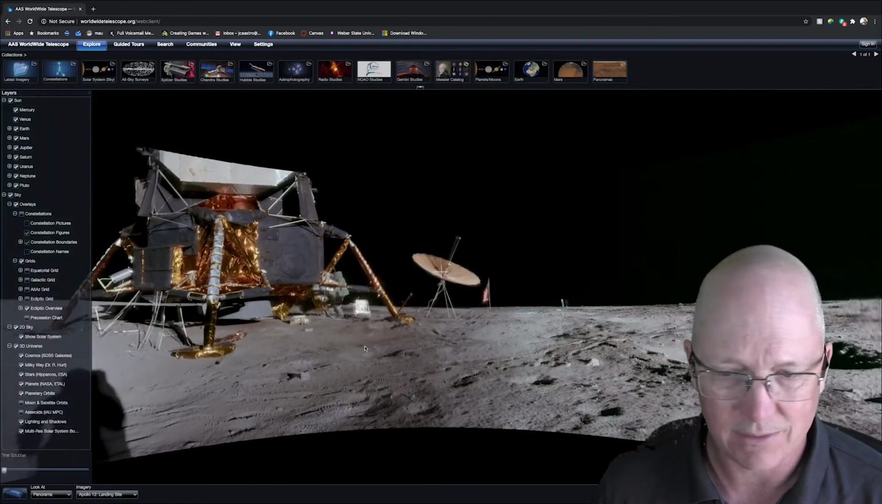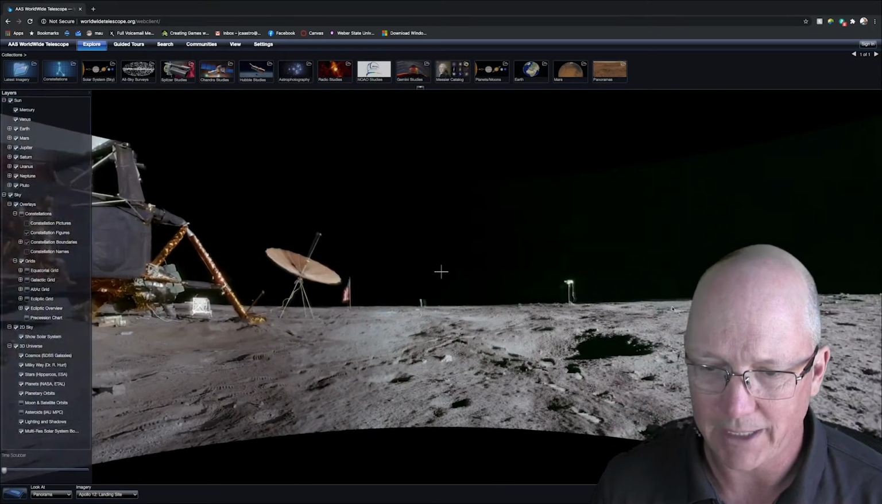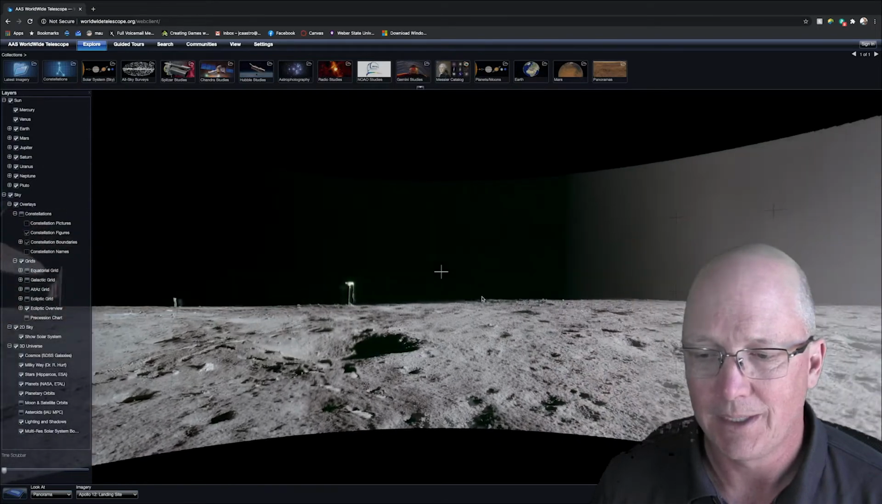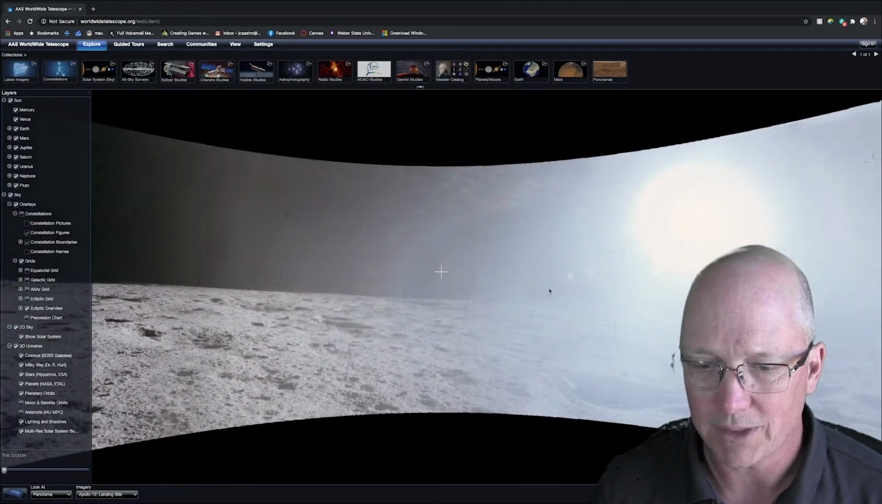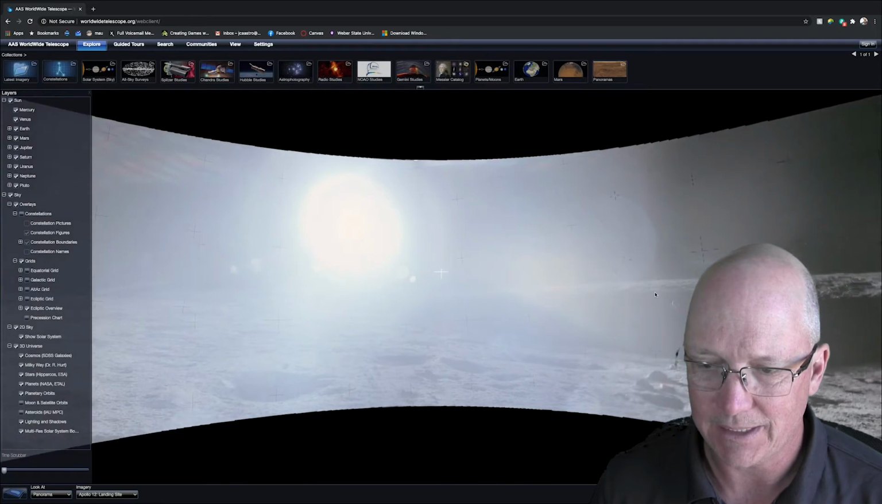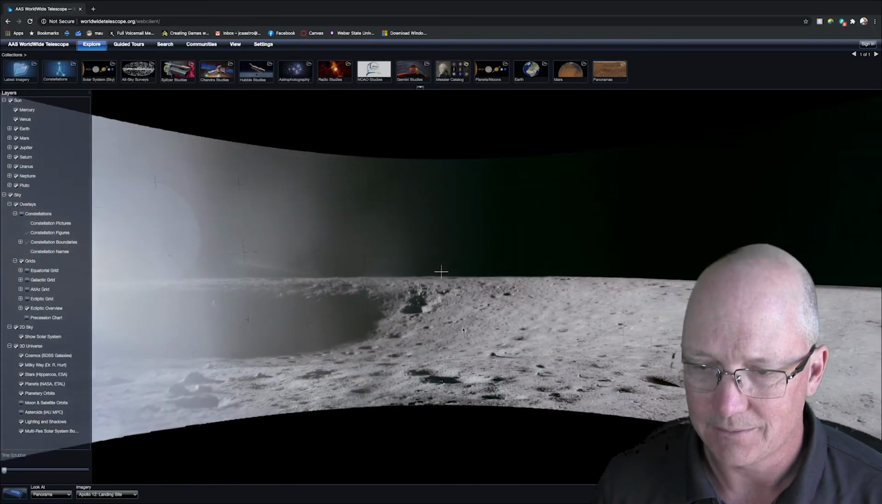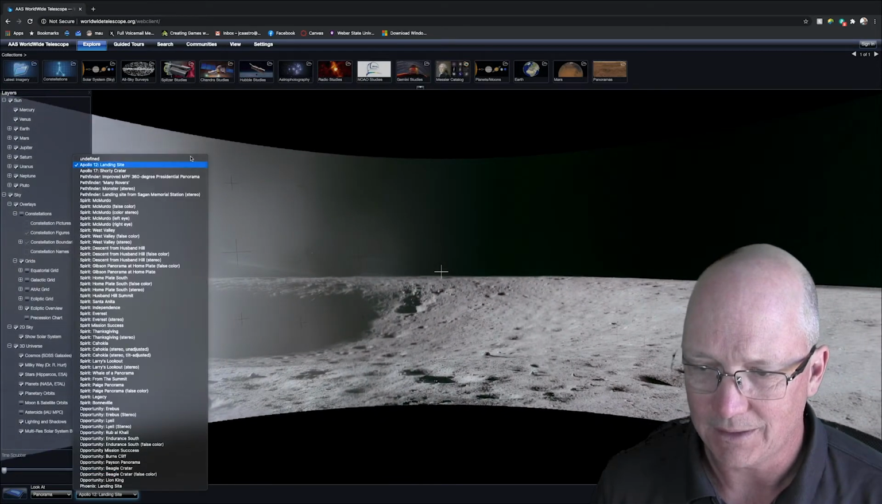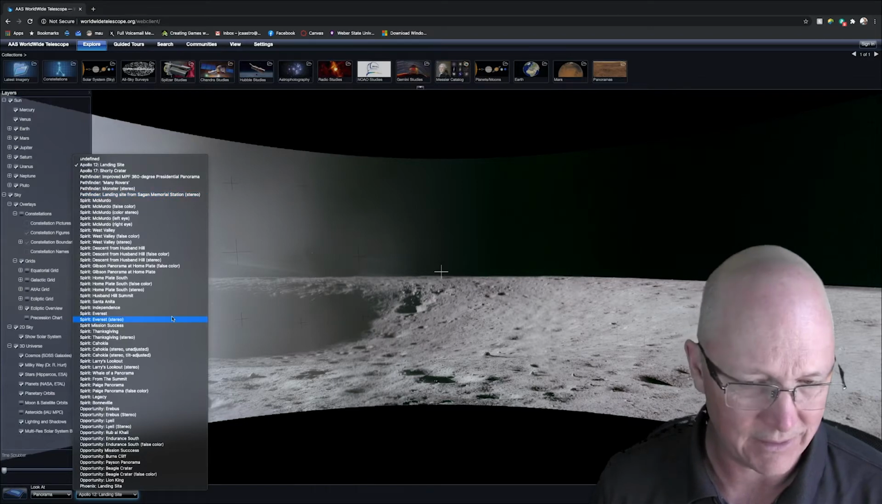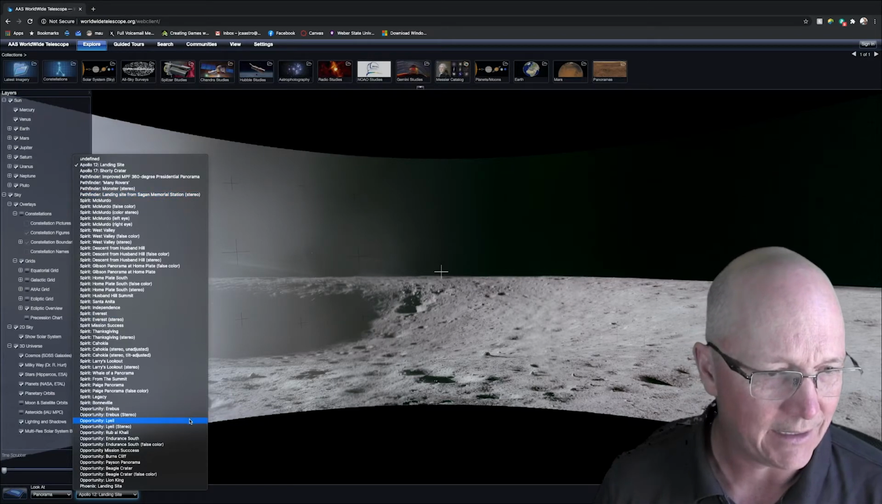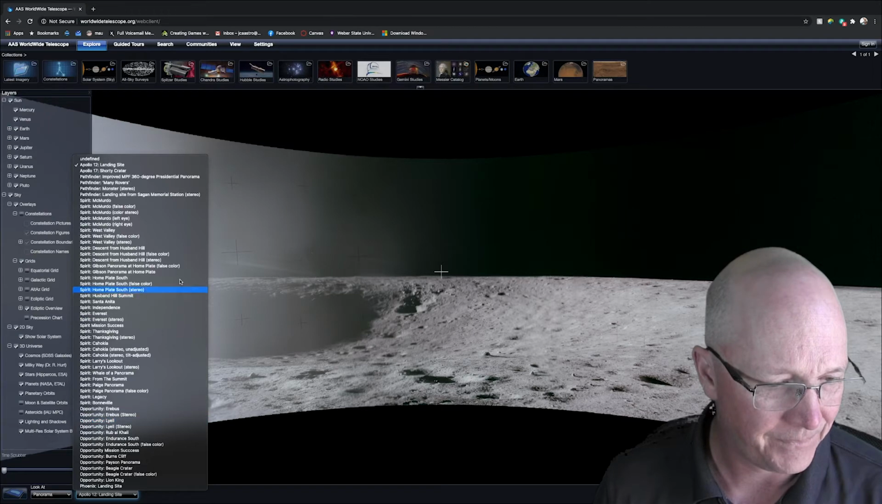So this is the moon, and these were panoramic images taken from the lunar orbiter or the lunar lander, and you can see the instruments laid out there on the lunar surface. This is the Apollo 12 landing site. I can go visit Mars. The current mission on Mars is,